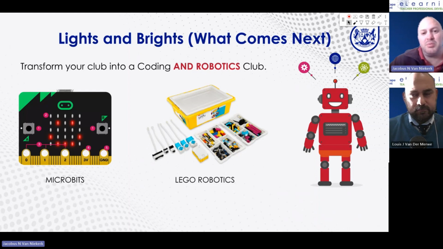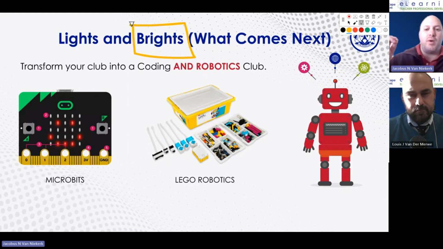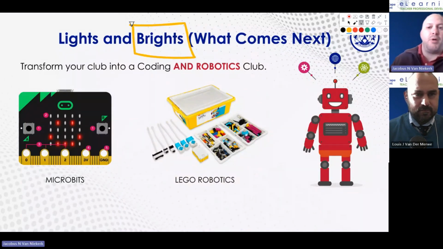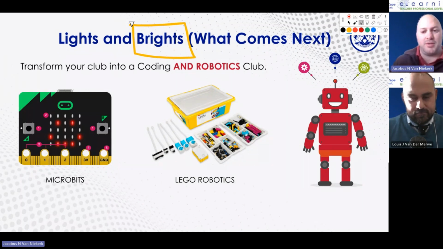Same with a microbit, and I've seen people do wonderful things with that, having competitions with microbits, having a goal that you need to reach. We need to do X, Y, and Z by the end of then with a microbit. But again, I want to emphasize that this is all part of Bright's thinking. If you get focused on that whole concept, you will get bogged down and stuck, worried and scared about this whole thing. I think if you just put the first foot forward, start exploring and start with your club.